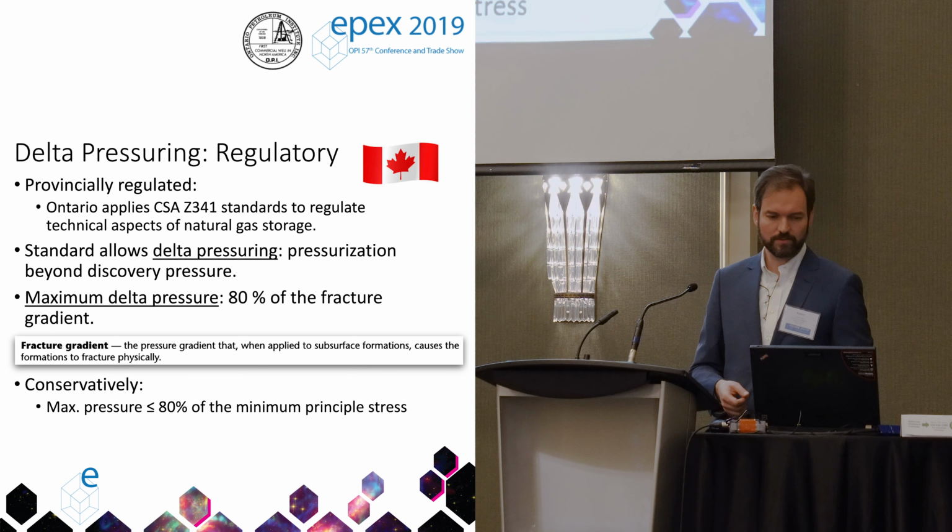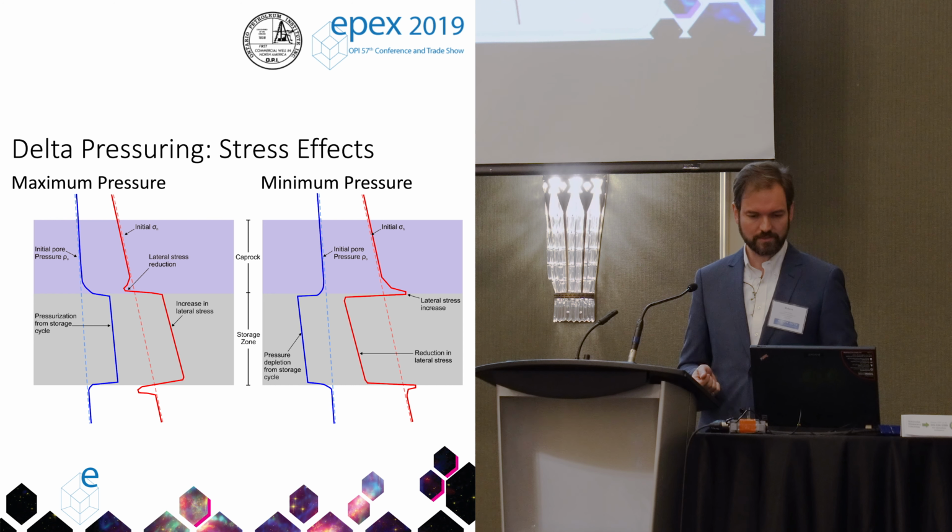But of course, the fracture gradient changes as the pressure is cycled in the pool. The effective stress is influenced by changes in pore pressure and changes in confining pressure, or mechanical confining stress. So when the pool pressure is high, confining stress in the cap rock is reduced. This is just a cartoon here, but you get the idea. And so we developed numerical models to assess stress changes induced by pressure cycling.